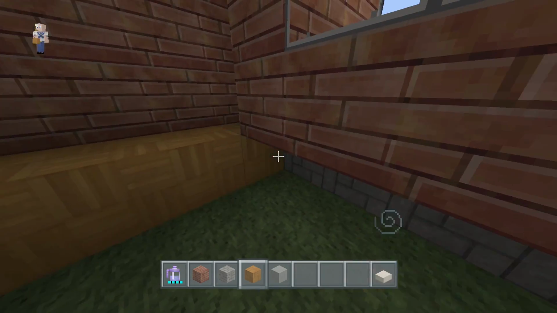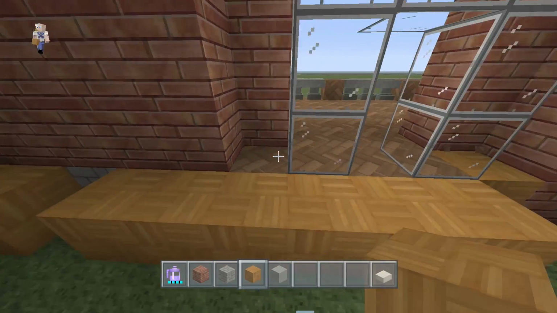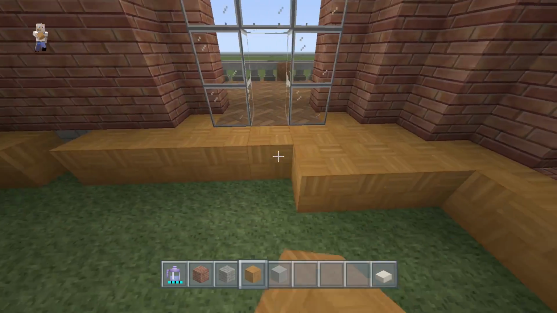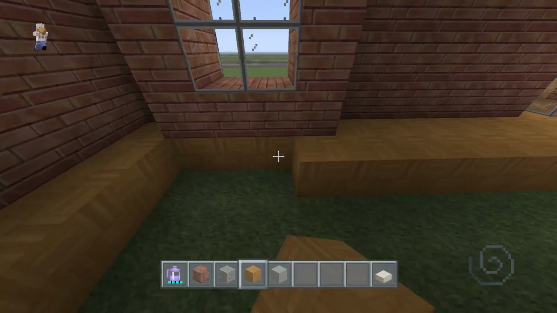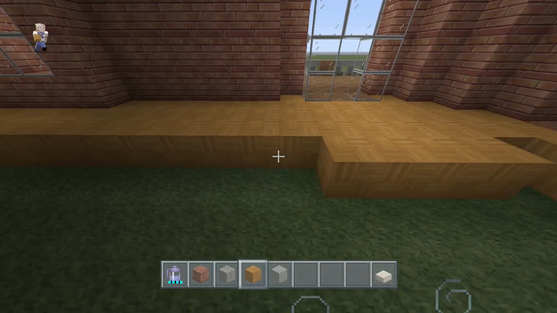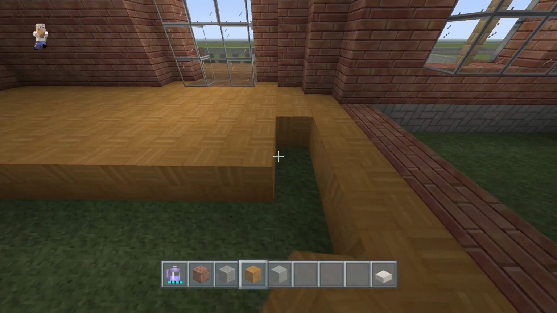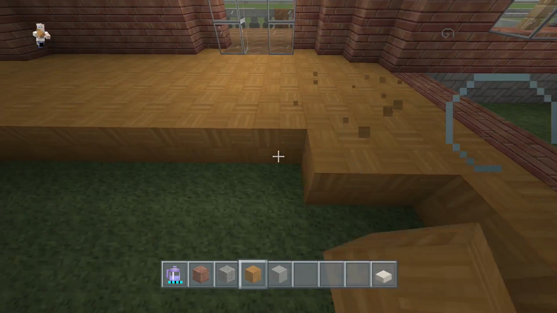And then we might get some of the floor plan laid out now, since we have plenty of time left. Well, I wouldn't say plenty of time, but we have around 5 minutes until we get to 20 minutes. Again, you might be saying, well, why are you keeping a time limit? Well, I feel like 20 minutes is a good time. 30 is a little bit too long for one video, I think.